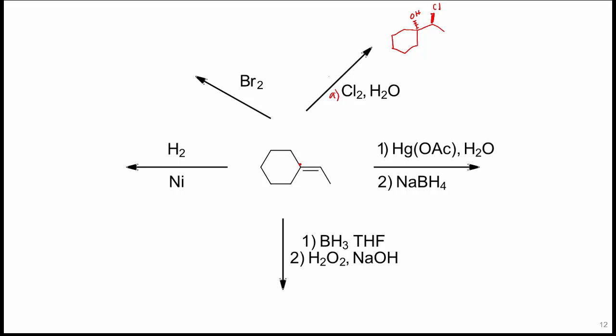And I just turned my cycloalkene or cycloalkane chain to the side because I can't draw sideways cyclohexane rings very well. So the answer is the same. I've just changed the way that I've drawn it there. All right, so for mercury acetate, this is going to add a water, and that sodium borohydride is going to remove the mercury. So again, I'm just going to draw this out here. And the OH is going to go to the Markovnikov position as well.